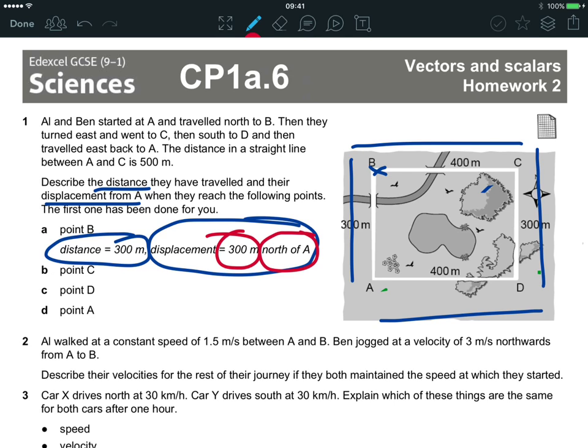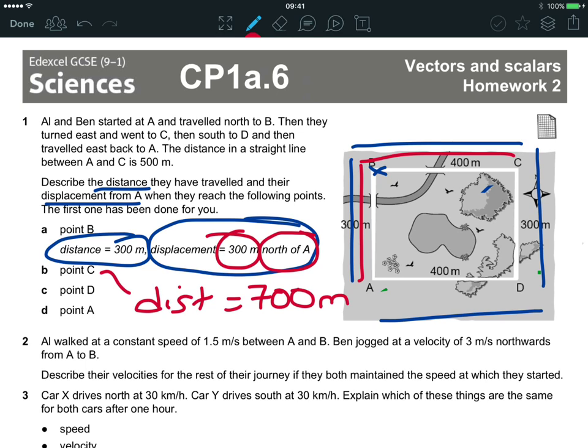Okay, so point C. We've gone up to B, across to C, so our distance is going to be those two distances added together, 300 plus 400, distance equals 700 metres. Now our displacement is going to be the distance between A and C. The question's told us that distance is 500 metres, so our displacement equals 500 metres, and our direction, well, it depends how you want to describe it. Remember, that's north and that's east, so it's probably a sensible thing to put it as